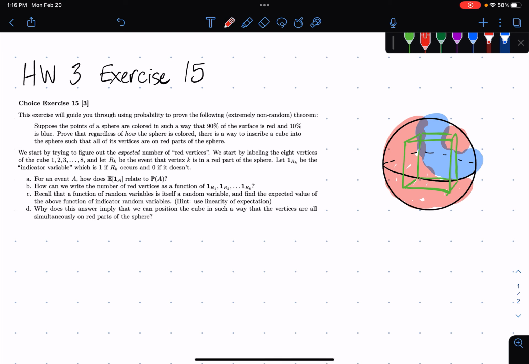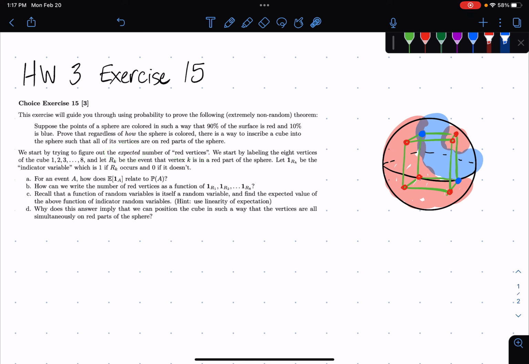Okay. And right now, how I have it drawn, let's just say that these vertices here are red. This one and this one. And again, the way that I have it drawn, this one is blue and this one is blue. Okay, so right now, 6 out of the 8 vertices are red. We want to show that we can rotate this cube around somehow, such that all of the vertices are going to be red. All right, so first things first, we're going to try and figure out the expected number